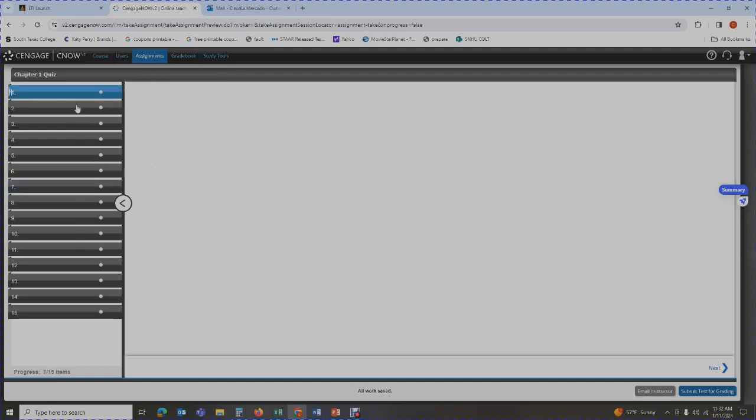Make sure that you go through each of them. Don't leave any blank. I did leave some blank here because I didn't go through all of them. I didn't answer all of the questions, but you need to make sure that you answer all of the questions. Okay, when you are done and you have answered all of your questions, you're going to submit your test for